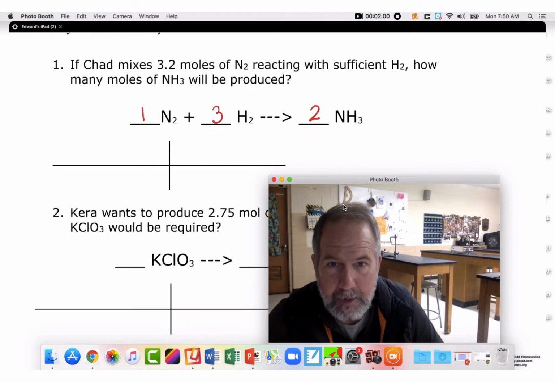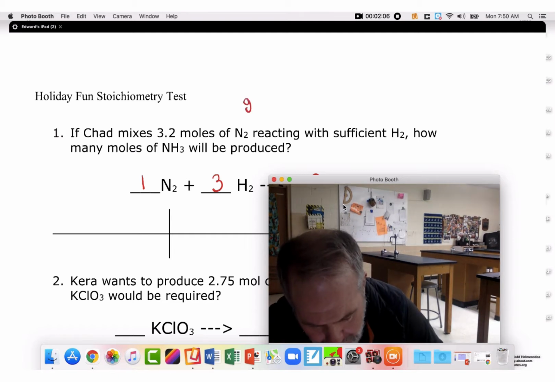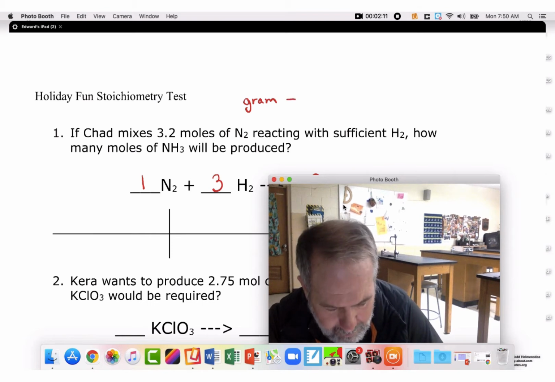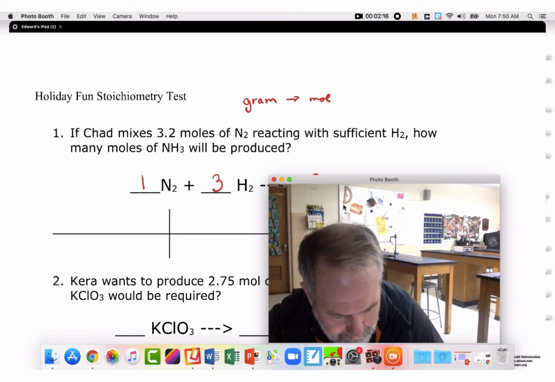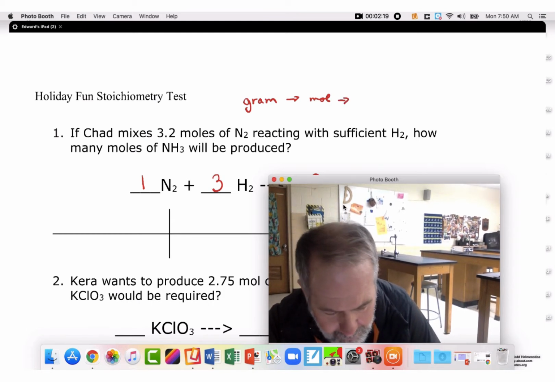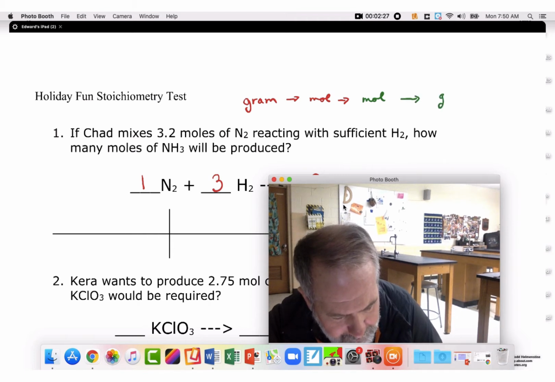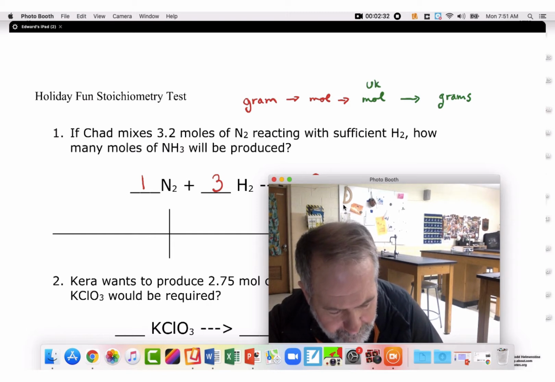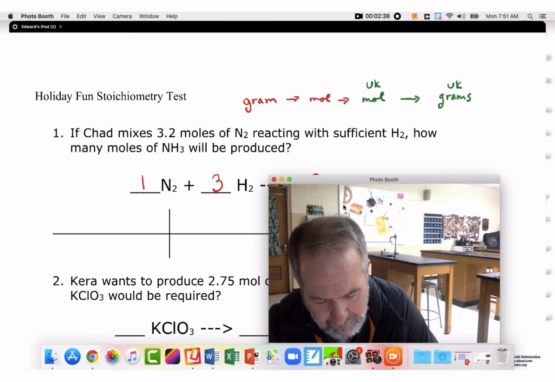That pattern goes like this: grams of given, to moles of given, then to moles of the unknown, and then to grams of unknown. So we have the unknowns on the right side, and we have the givens